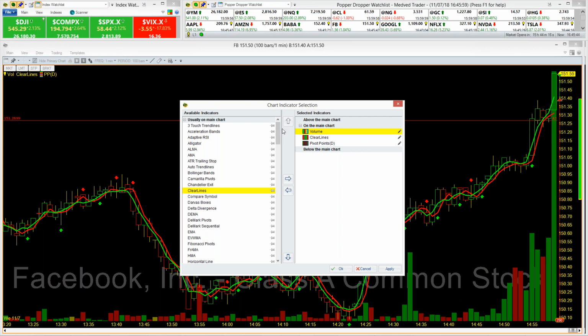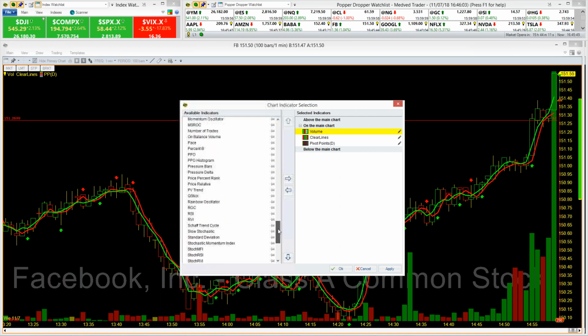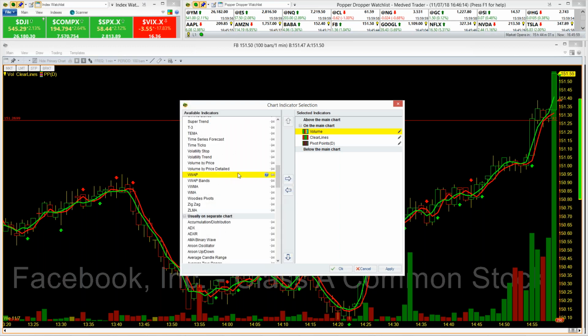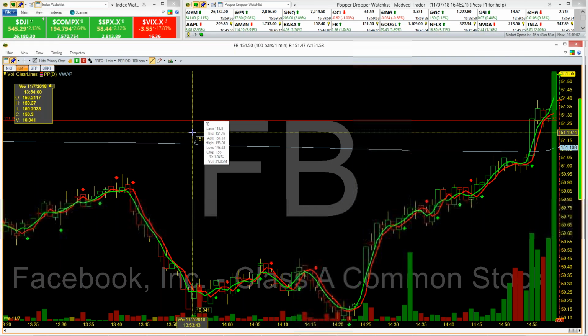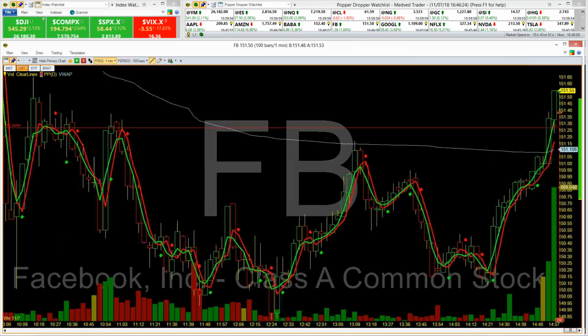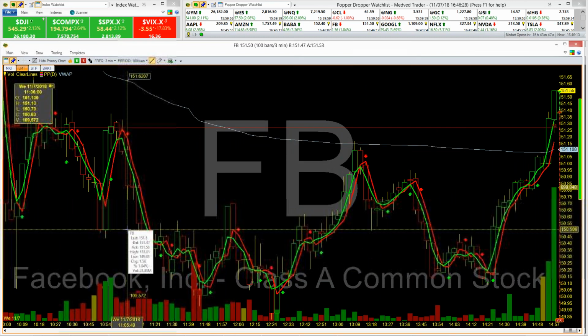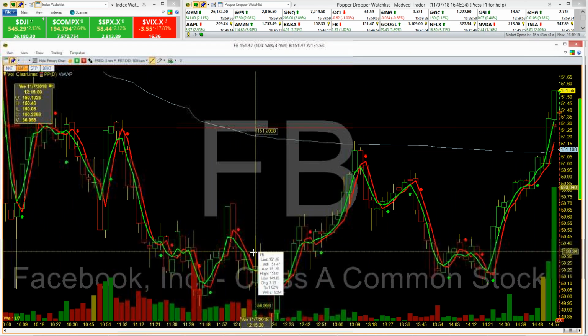But for those of you that use technical indicators, there is a full list of them: stochastics, MACDs. One of the other ones that we've started using is VWAP, volume weighted average price. The reason we like to use it is because stocks have a tendency to gravitate back towards the volume weighted average price. So when you're looking at an intraday support or resistance level,